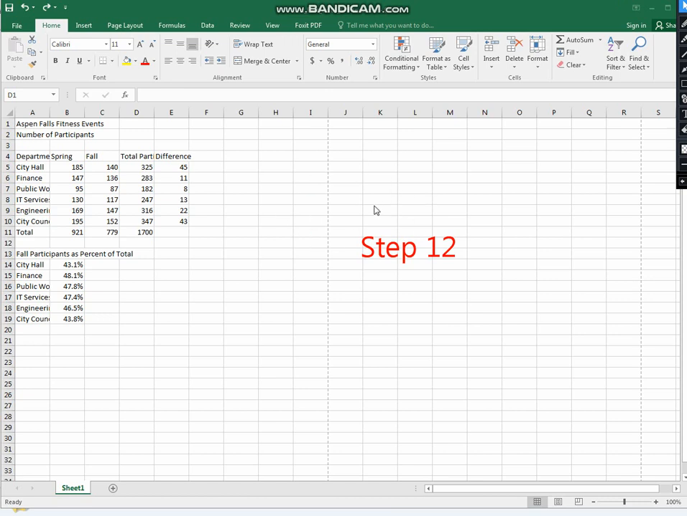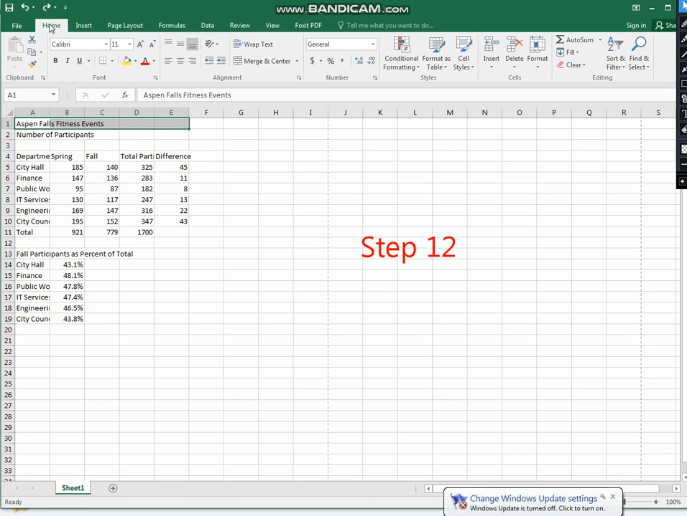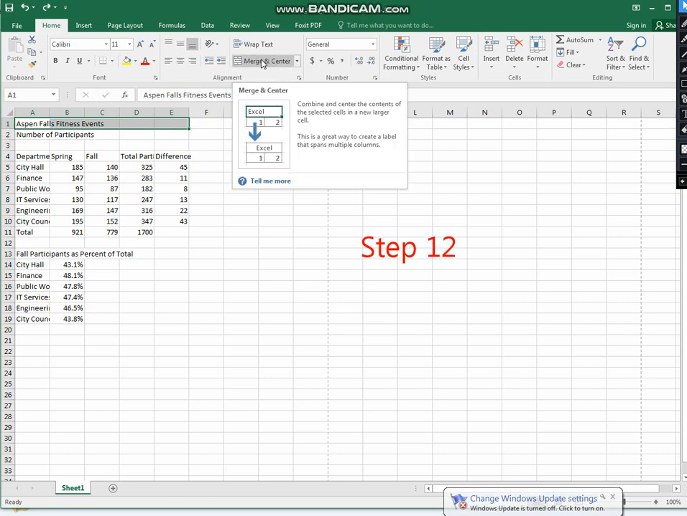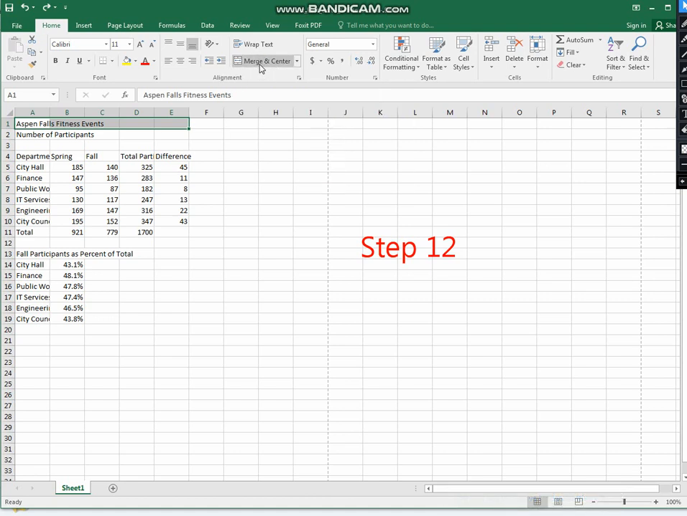In step 12 we will select from cell A1 to cell E1, and then in the Home tab we can find the Merge and Center button in the Alignment group. Click here, and after that go to the Cell Styles button in the Styles group